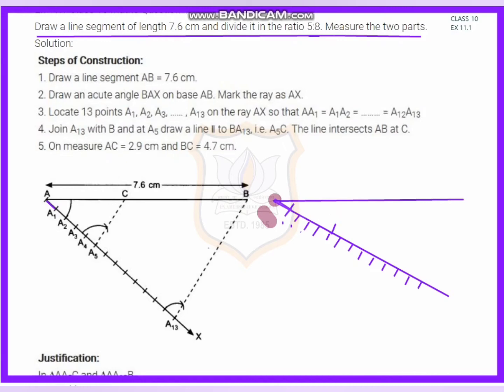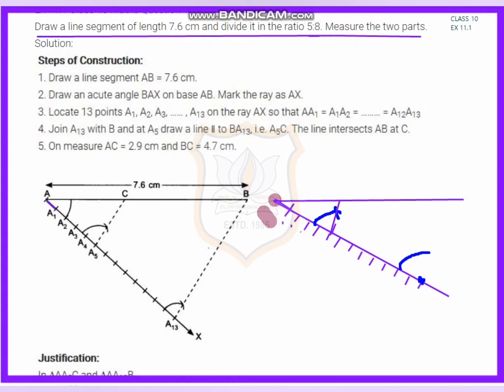Let's see how I have made the arc again. This is the line. First of all, I have used this radius and made an arc. Using this point as the center again, I make an arc here. By joining these two, I have to join this line using this arc. This is a line which cuts this arc. In the same way here also, this is A13. First of all, I have to make an arc here, using this center with this radius.